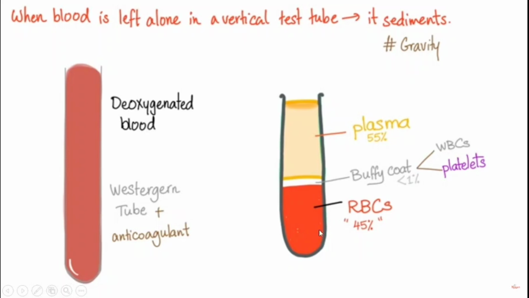And as you know, the red blood cells are found in millions in the blood, so the red blood cells will occupy much space, and the white blood cells and the platelets, which are found in less amount as compared to the red blood cells, will settle above the red blood cells as a very light thin layer, and at the top the plasma will occupy the space as a clear liquid.